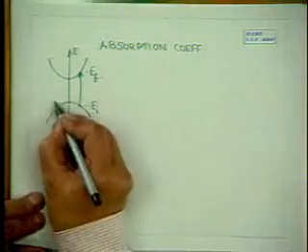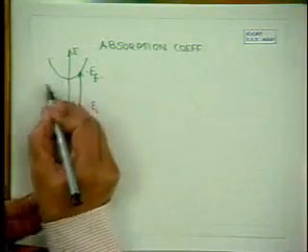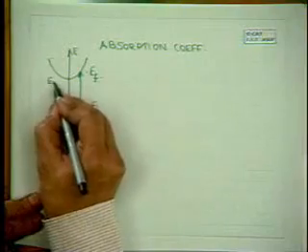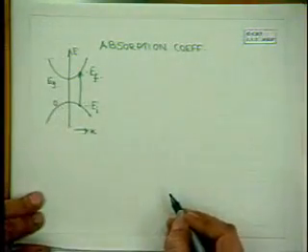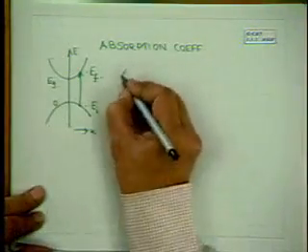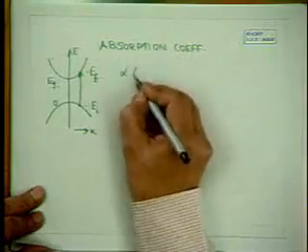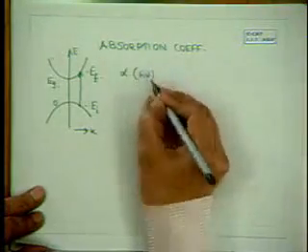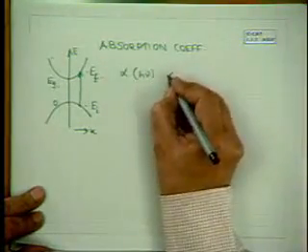We have energy scale 0 and EG. So we want to calculate the absorption coefficient alpha, which is a function of h nu, which will be proportional to